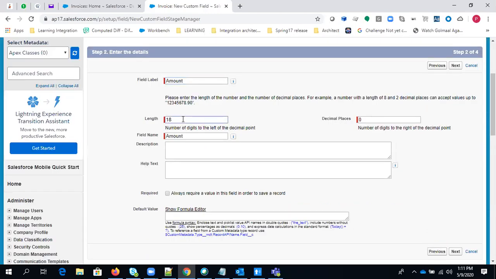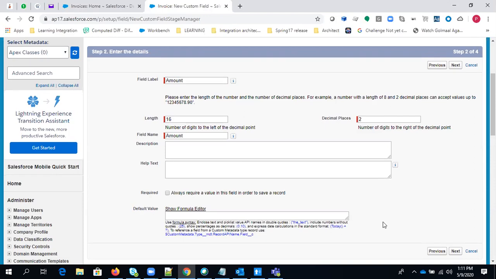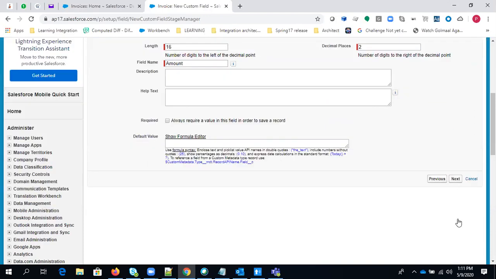I'm giving 16 and 2, since I want some decimal places, and I'm not making it required, just leaving it like this. And next.